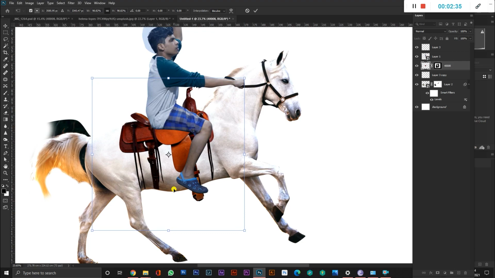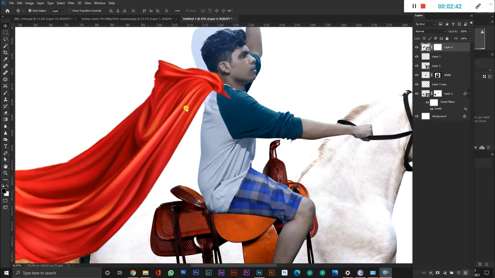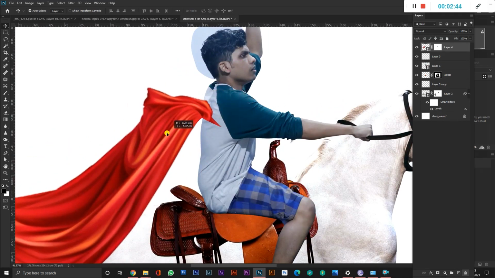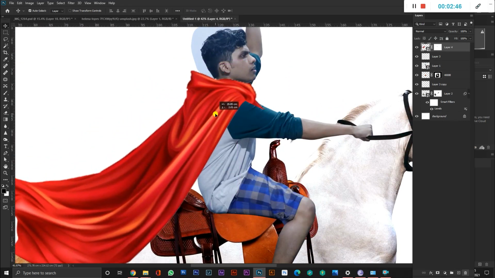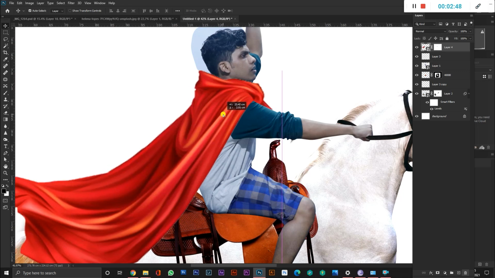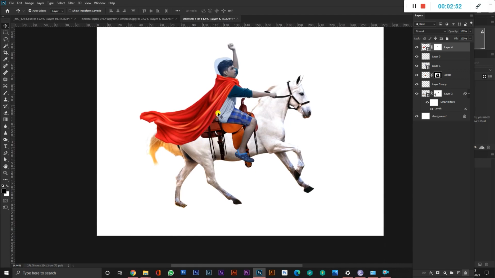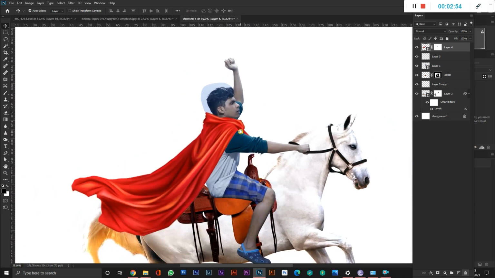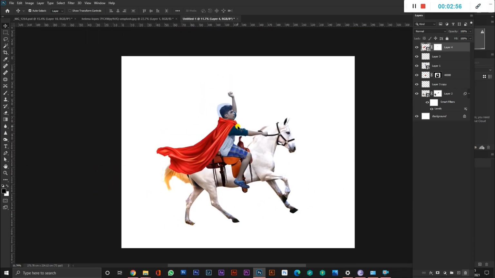Now let's check the cape that I'm wearing from the shoulder to the tail part of the horse. To set that you can also get it on PNG Items. I actually found this on PNG Items, and on this website there are billions of PNG stuffs that you can collect, elements that you can collect and make up a new photo.